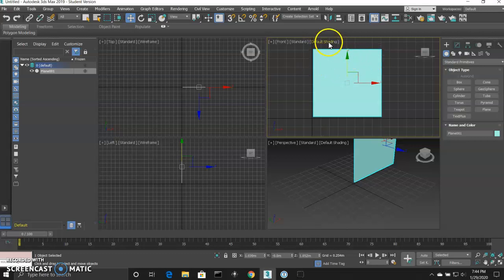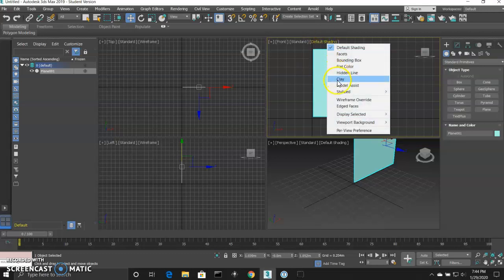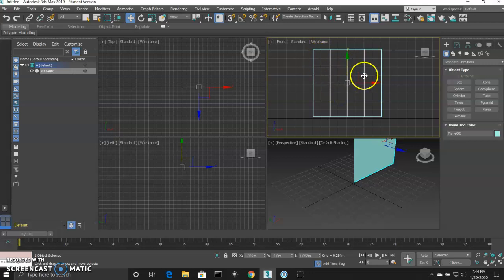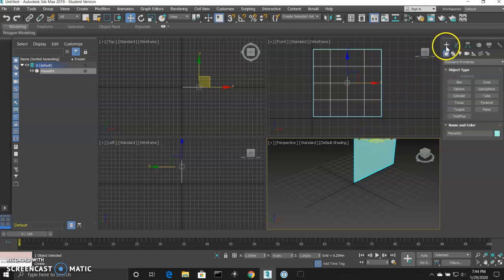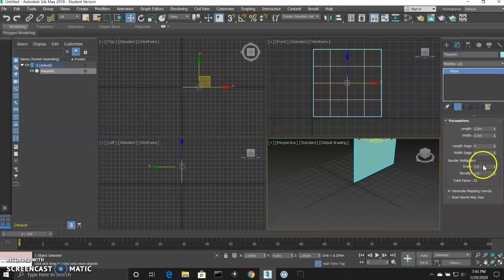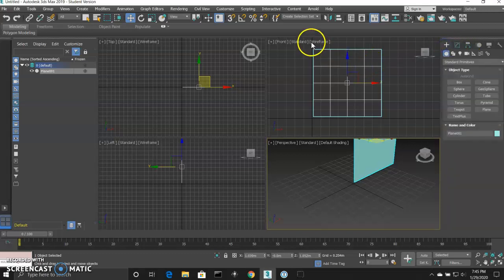So now you can kind of see that. The wireframe is nice, so you can see all of the lines that are drawn there and kind of the segments for this piece. After you get out of the creation menu, by the way, you'll notice that you no longer have the length and segments and all of those things. We're going to get into that stuff later, but that's under modify. You can have those tools back. All right, so I'm going to go back to